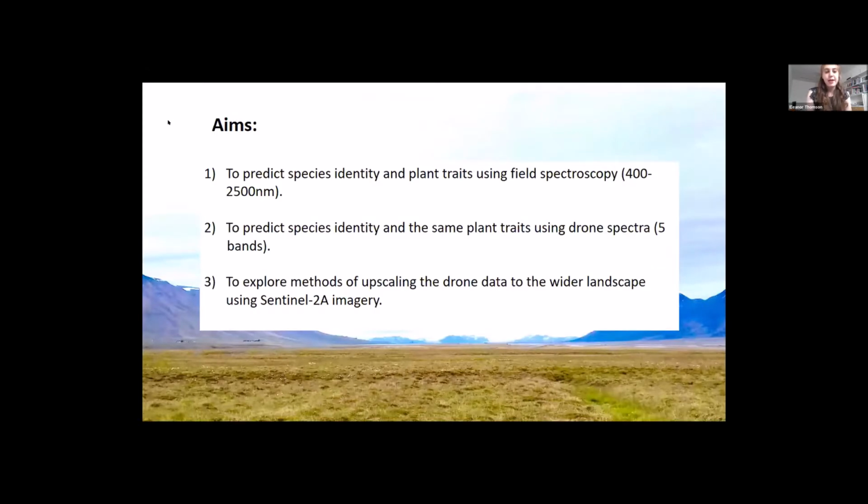So the aim of this study was threefold. First of all, to try and predict species identity and plant traits using field spectroscopy, so 400 to 2,500 nanometers. Which I'll talk about a bit more in a minute. Secondly, to try and predict species identity and the same plant traits using drone spectra. And this is multispectral drone spectra of 5 bands. And thirdly, to explore methods of upscaling the drone data to the wider landscape using Sentinel-2 imagery. So,